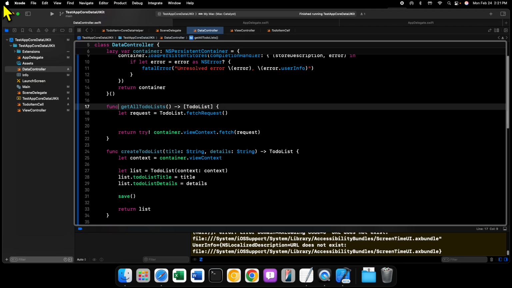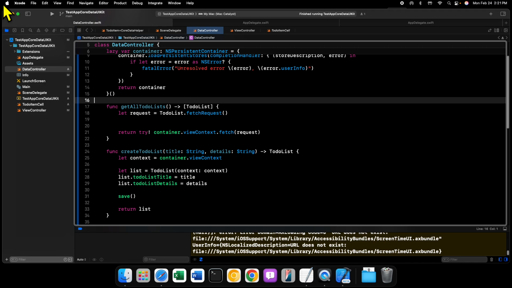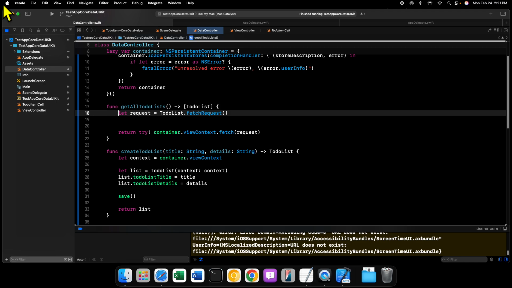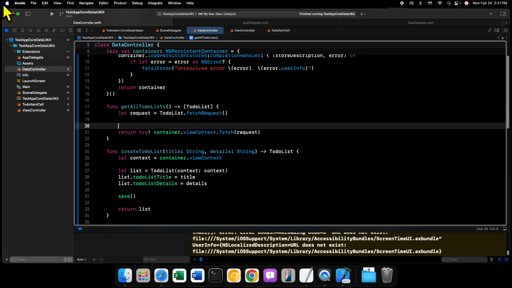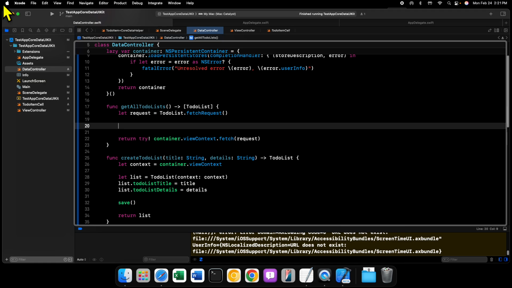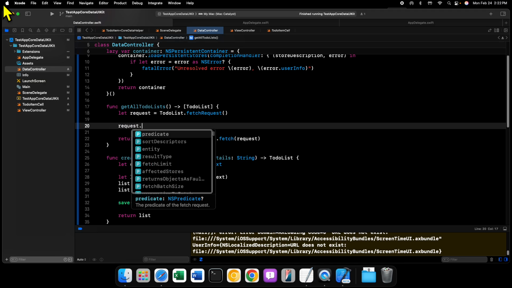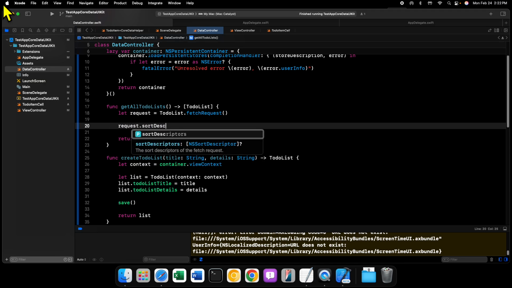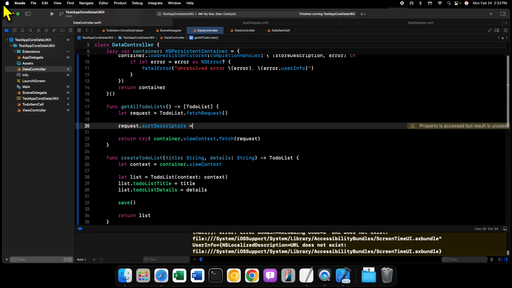And what we're going to do is simply, after we define our request, say request.sortDescriptors, and this is going to be equal to an array,